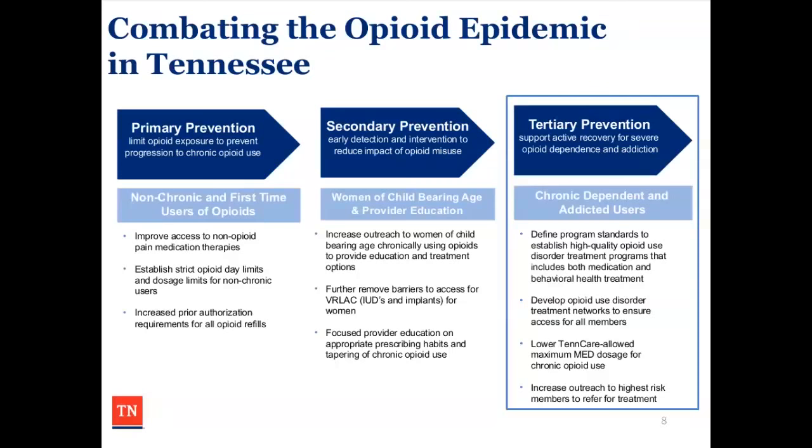Lastly, the highlighted box really focuses on tertiary prevention. We understand at this point there is a tremendous amount of members who are struggling or have addiction to opioids, have struggles with chronic opioid misuse, and certainly require a different set of treatment modality. We identified that there is a gap that exists in access to treatment, and our MCOs have been leaders in collaborating together along with TennCare and how to begin to tackle and to build a more robust, comprehensive SUD network, to identify opportunities to engage members, to get them connected to treatment,